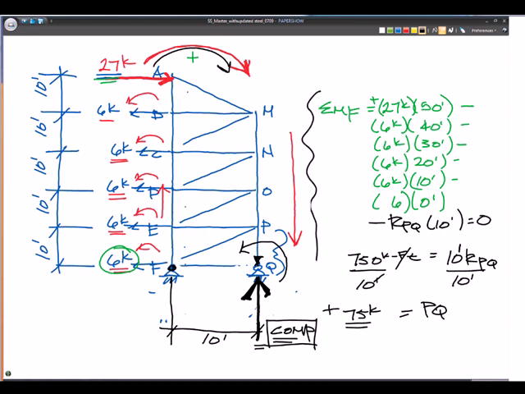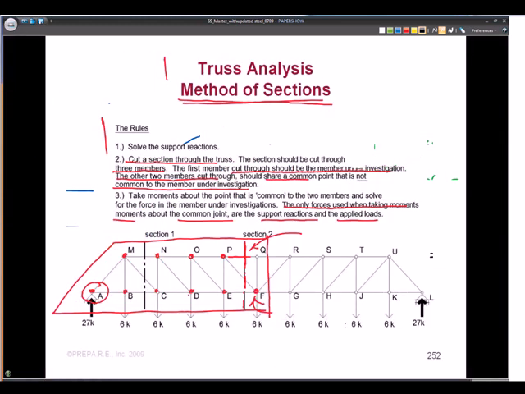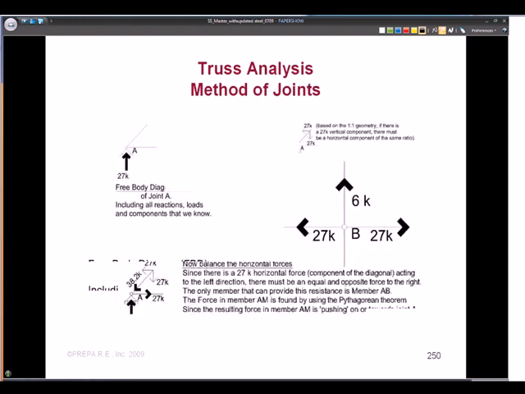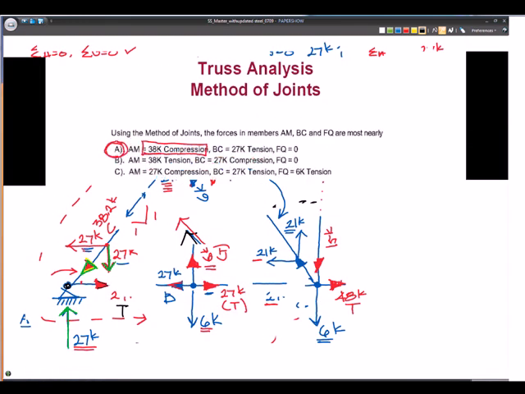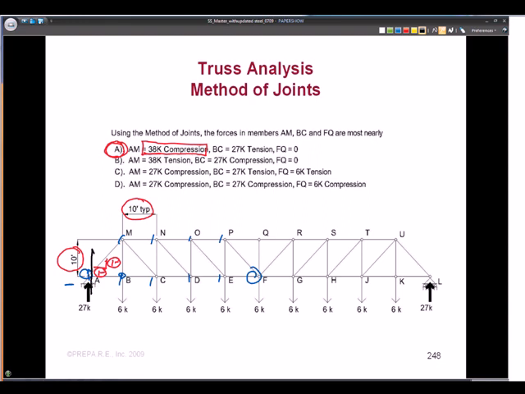You can see that going through all this is really not going to save you much time over doing the method of joints by putting together all this equation, okay? But the answer comes out to be 75 kips of compression. And if we look back at our picture, now we can see if we push up with the, let me go, okay, if we push up,